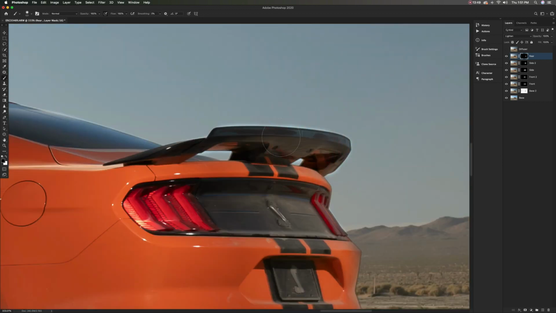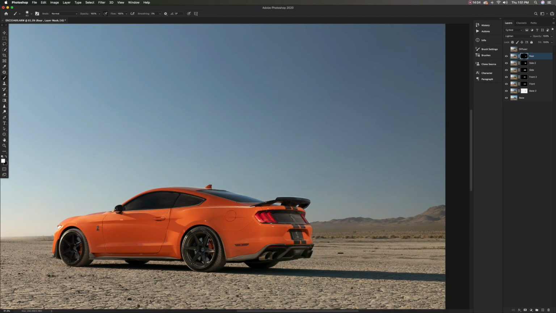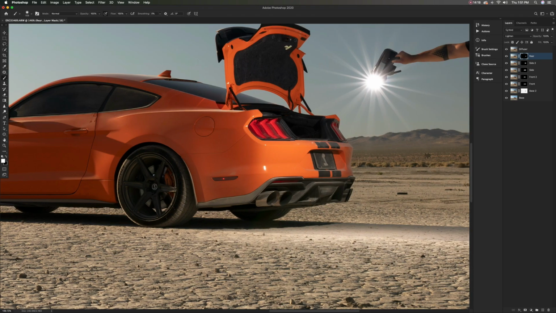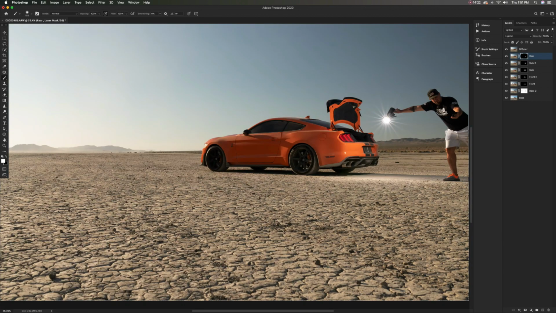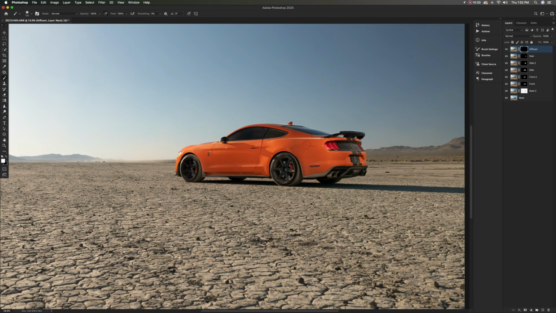I don't like this. Sorry. I think that's it. Yep. And one more, diffuser. Mask, invert. And let's bring out the diffuser, but I'm not going to use